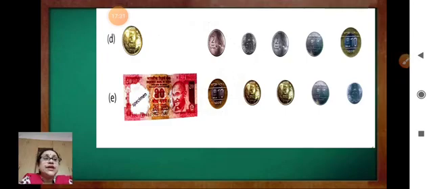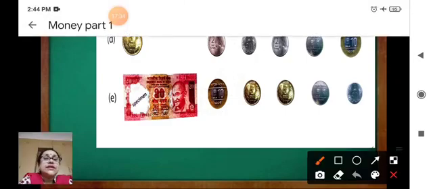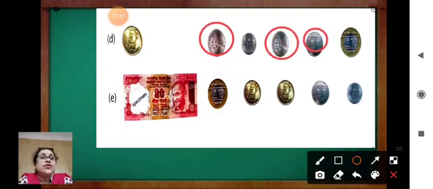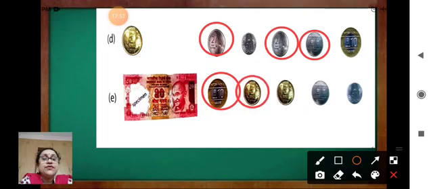Now question D, you can see 5 rupees coin. Now you have to make 2 plus 2, 4 and 4 plus 1, 5. Question E, 20 rupees. This 10 rupees, 10 plus 5, 15, 15 plus 5, 20. Understood? How you will match it, or you can make the combination. All have finished?